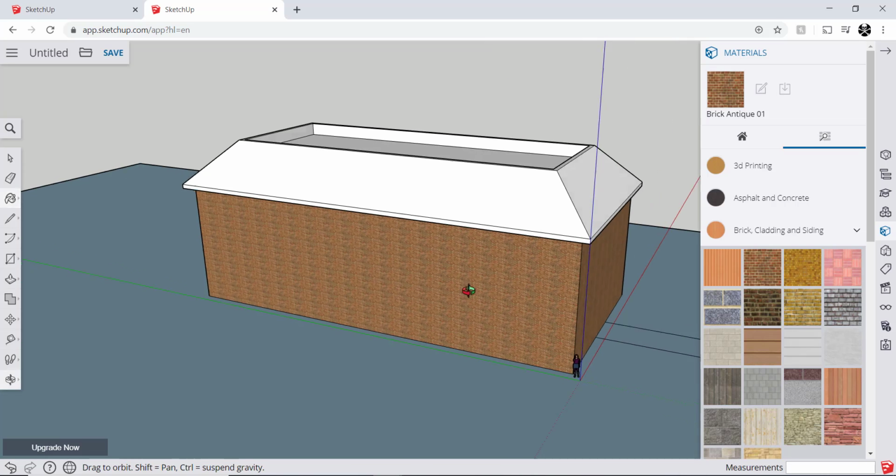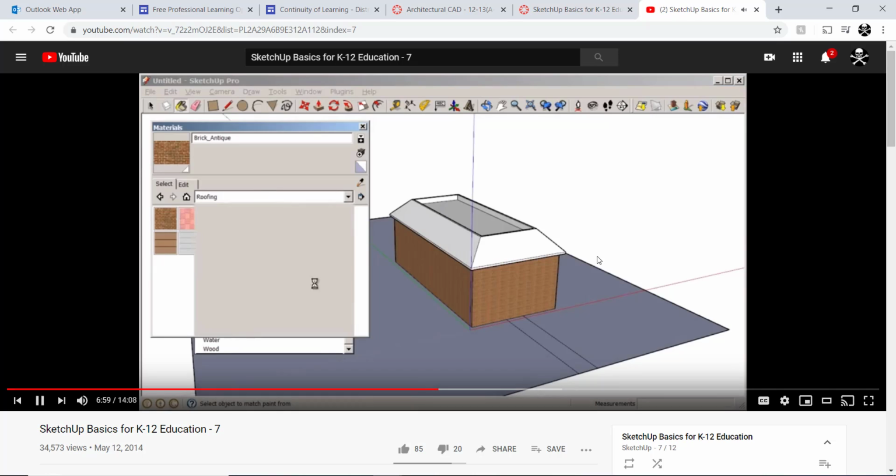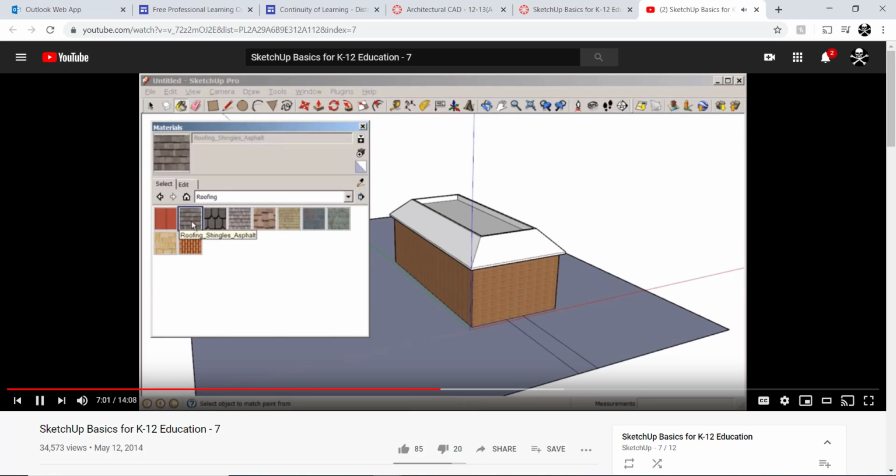Then you go to the library, maybe roofing, and I'll pick these shingles here. Those look